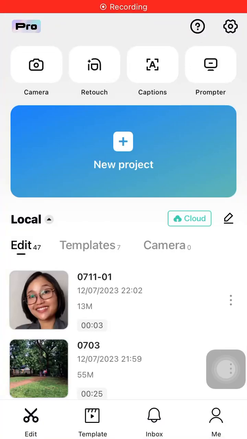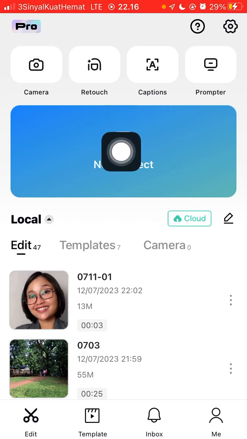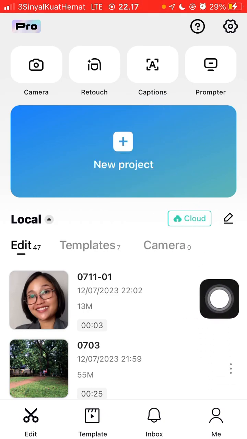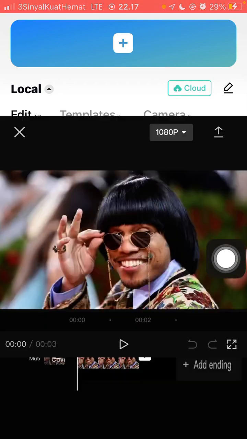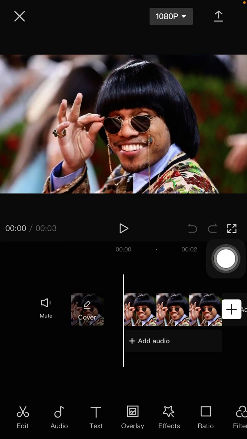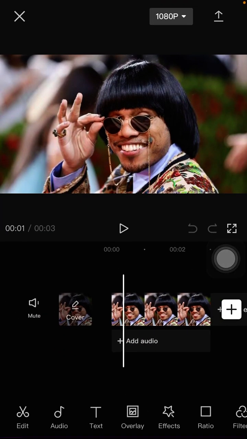Hello guys, in this video I'm going to show you how you can change the canvas color to make your edit in CapCut apps. So you can click on the new project and select your videos or photos you like to edit. For example, I'm going to open my project, and so there is a photo here, and you can